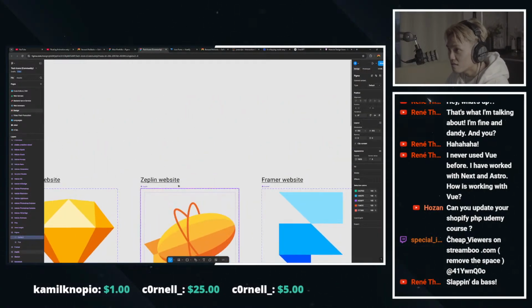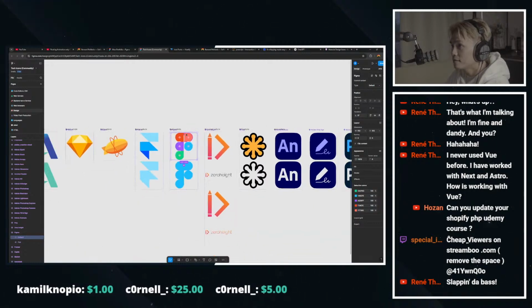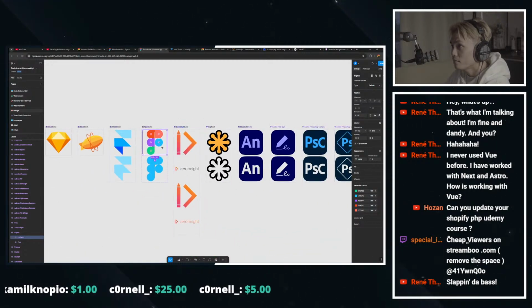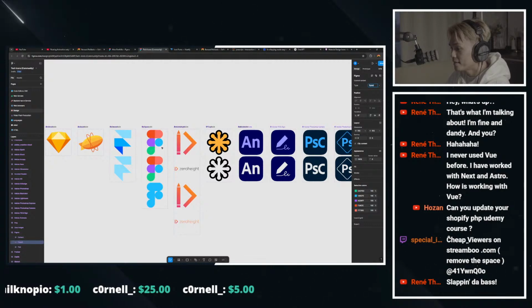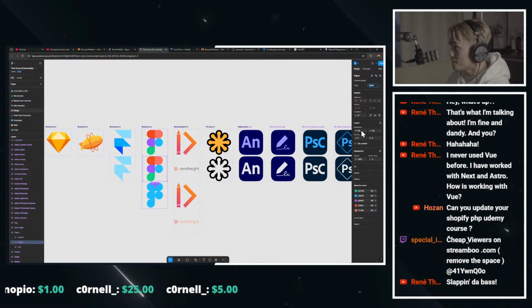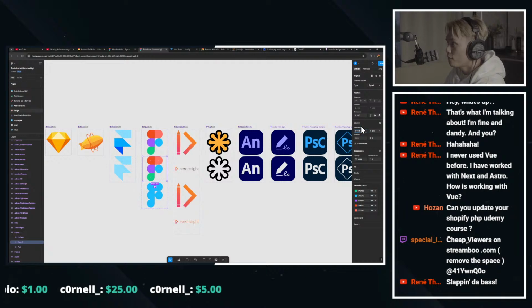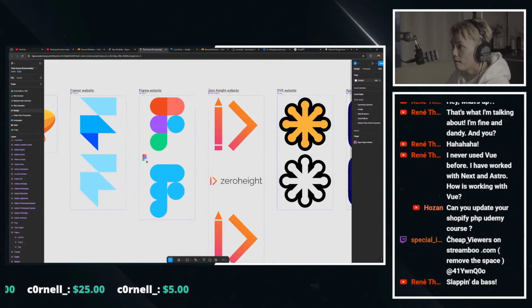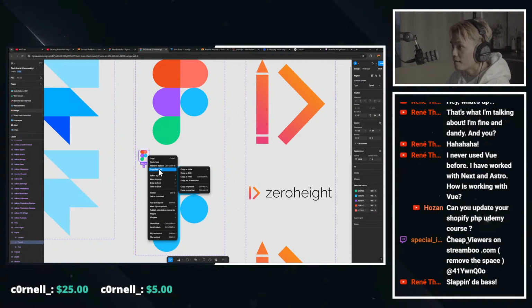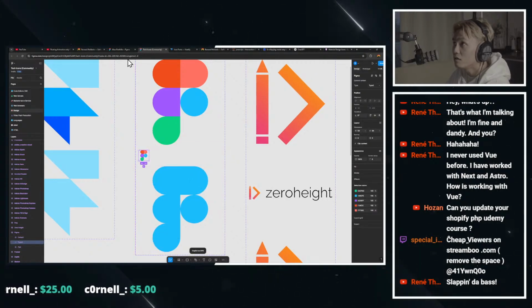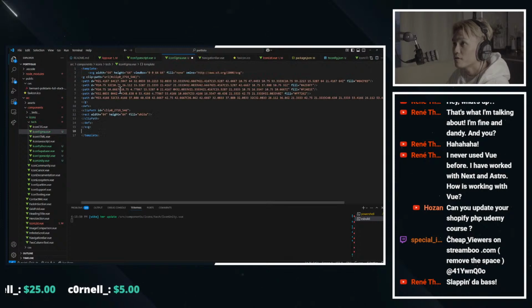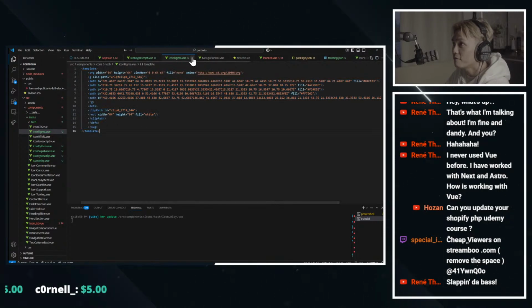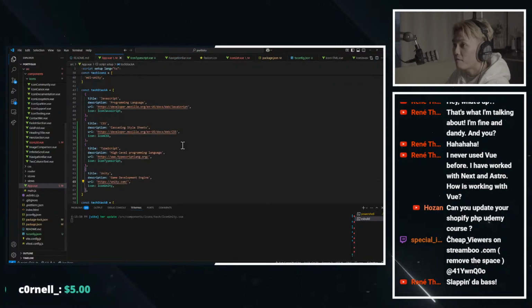What is this? Zeppelin. Copy paste. Resize it to 64 by 64. Zoom in. Copy the entire thing as SVG. Go back to VS Code. Paste it like so. Tab. Save. Go back to the app view and start